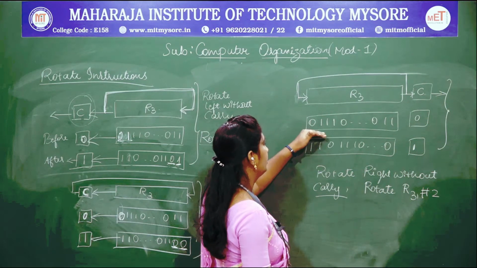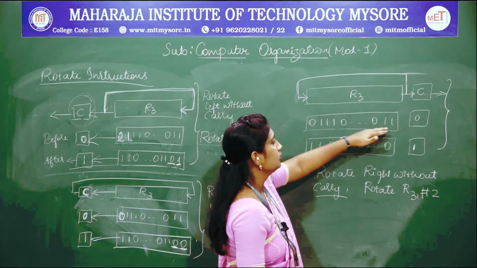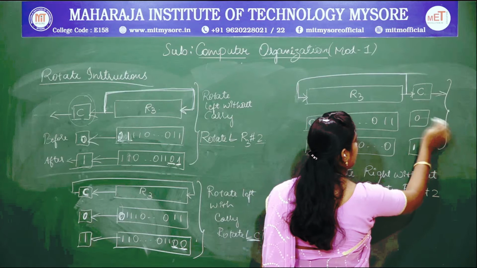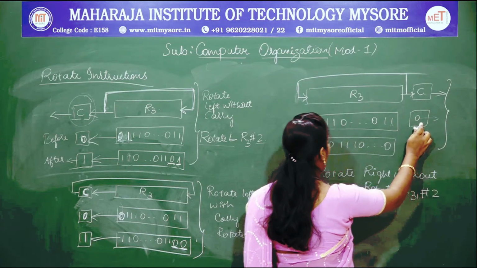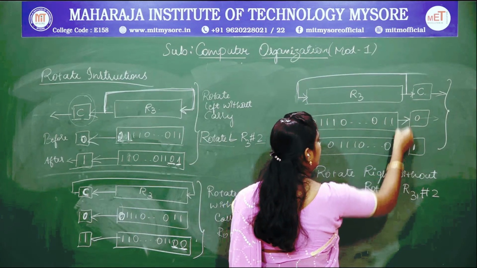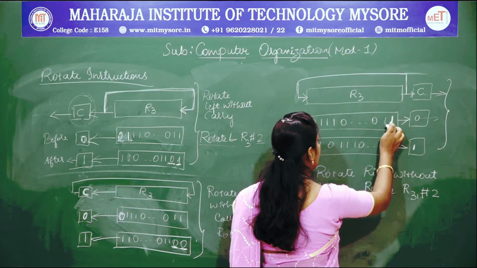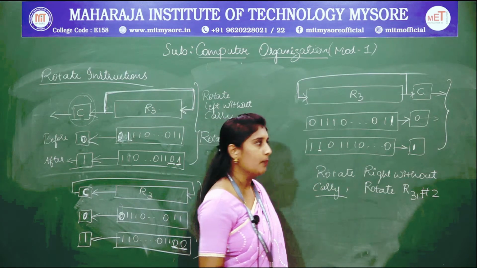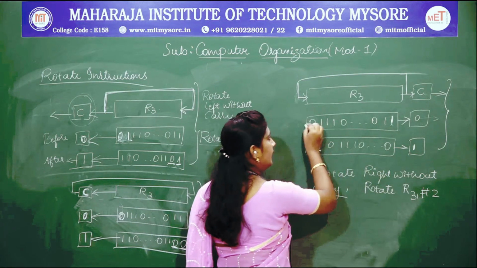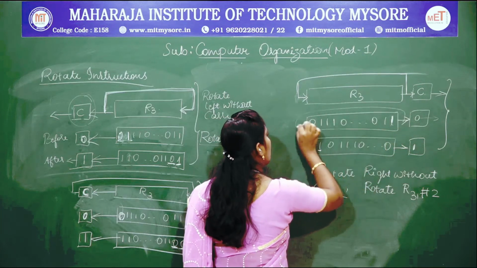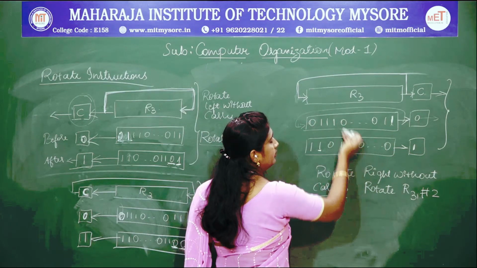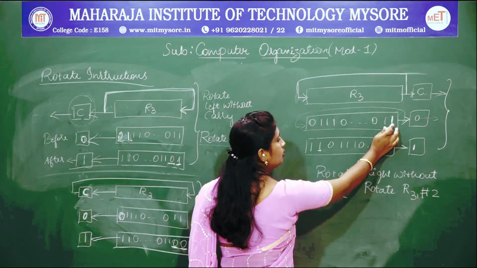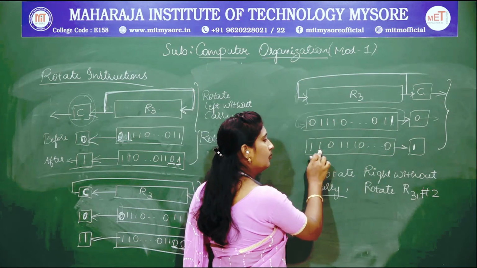In this example I have written 0 1 1 0 0 1 1 0. So after shifting my bit position, 0 gets lost, 1 gets shifted here. After shifting, this 1 comes and fits into the empty bit position of your operand. Why? Because I need to rotate it. So again it comes, rotates and fits into this empty position. Now if you shift 1 bit, the last bit gets emptied out, isn't it? So this 1 comes and fits into this position.